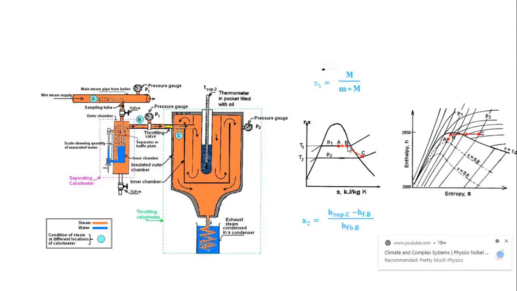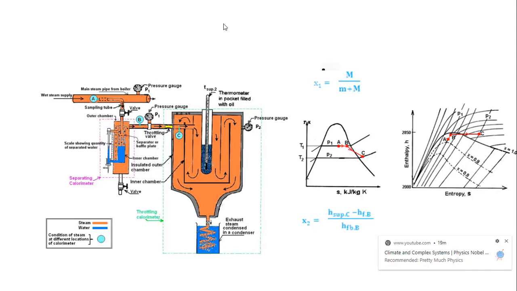The steam is throttled from 15 bar to 1 bar. Okay, and the steam was wet initially. It becomes superheated after throttling. During separation, it was much more wet. That is, here was a dryness fraction, and then after separation, it becomes here. Okay, so it comes to B. Now let us solve this.